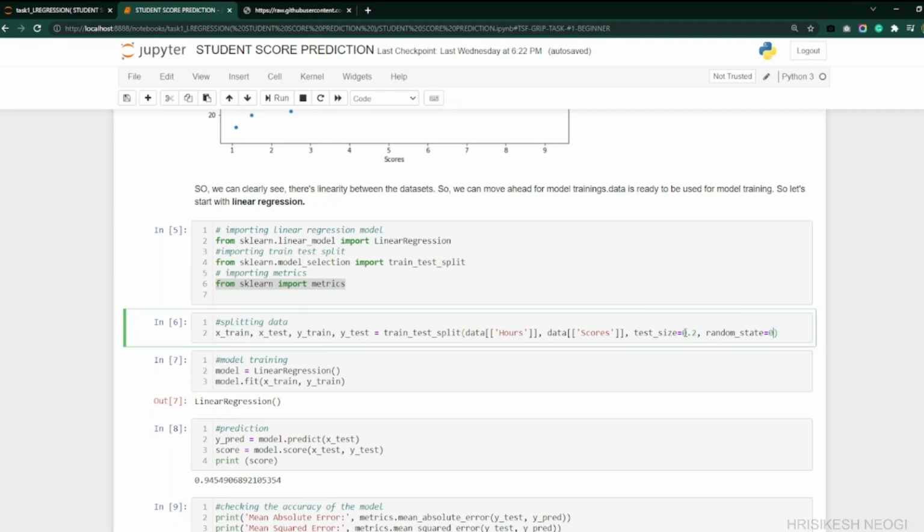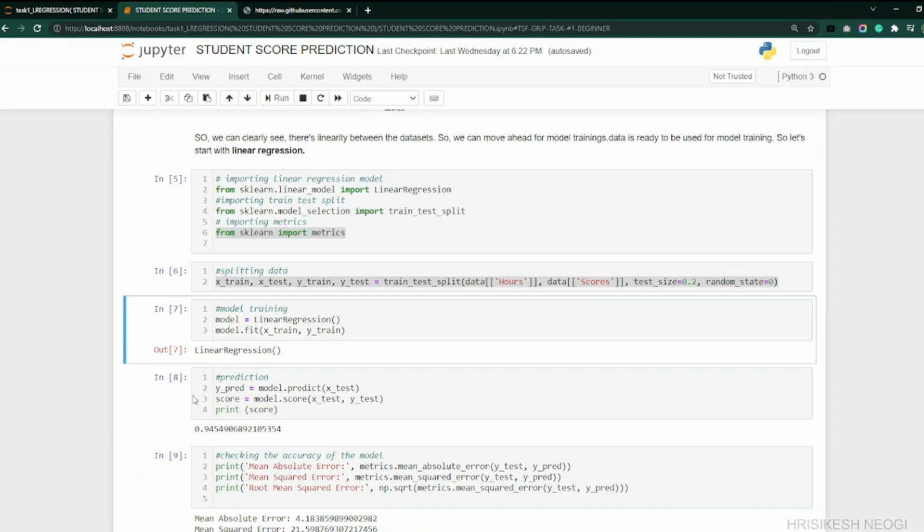I put the test size at 0.2, which is 20%, and random state is 0. So we're building the linear regression model now, and fitting it on the x_train and y_train dataset, which we just created by splitting the data.